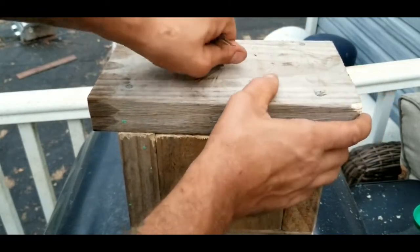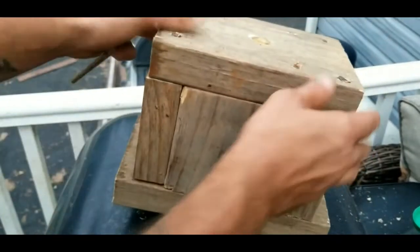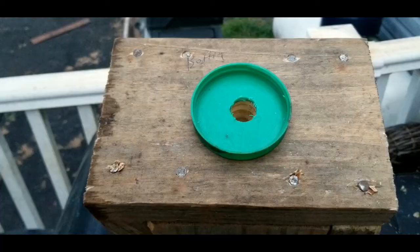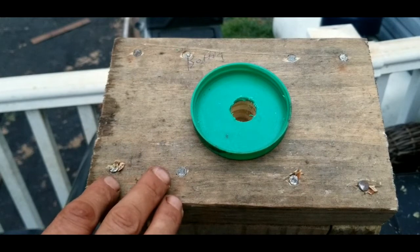Alright, so now the eye hook is in. So now we can go ahead and turn it upside down, and then get our cap ready. Alright guys, so for mounting the lid to the wood right here of the bead trap, I've seen it done